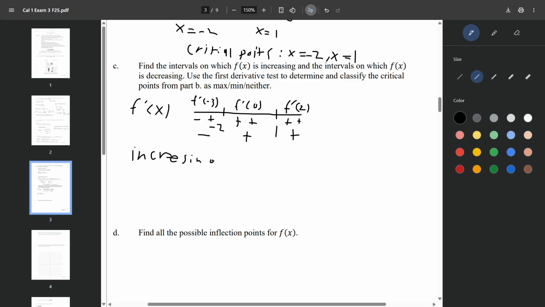Increasing at -2, comma 1. And it's important to put that 1 right here because at 1 our slope stops increasing, because this is when our slope equals 0. So almost forgot to mention that. Sorry about that. So yes, union 1 comma infinity, and our graph is